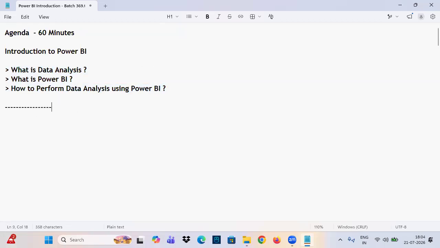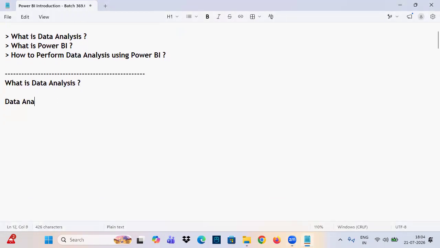First, let me start with what is data analysis? Someone tell me, what is data analysis? Before we start learning Power BI, first we'll learn data analysis. Anybody knows what is data analysis? Okay, so let me write like this. What does data analysis mean? I can say data analysis is a process. When I say it's a process, it means